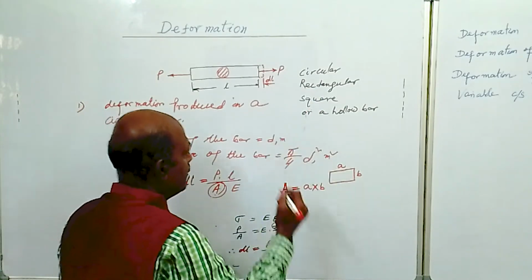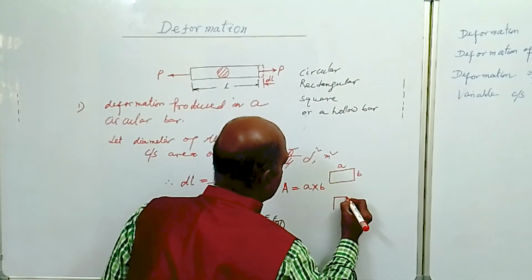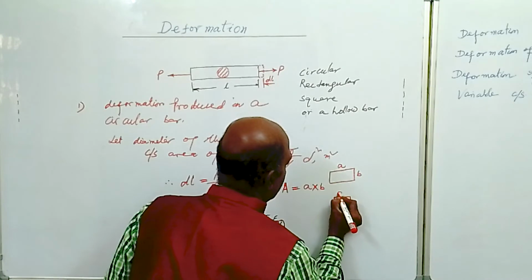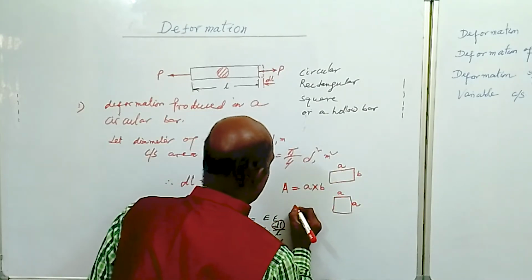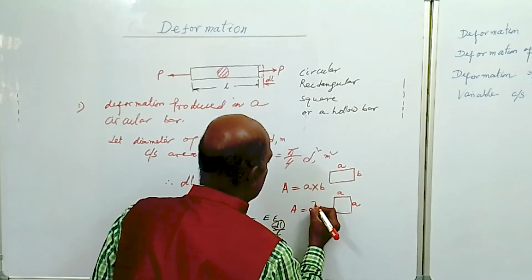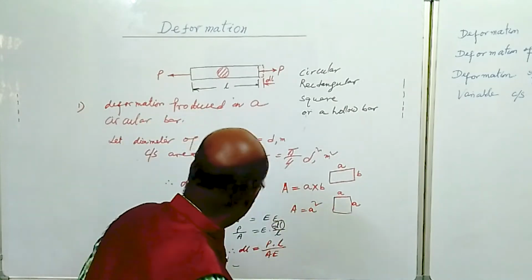And if the bar is a square bar, now if the length of the square is A, so the cross sectional area is equal to A square. Similarly, if it is a hollow circular bar,